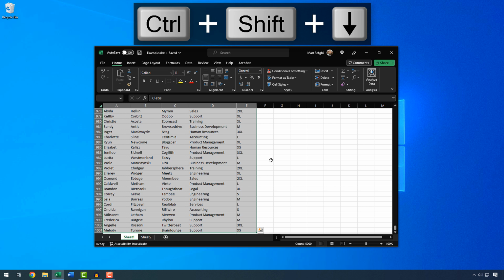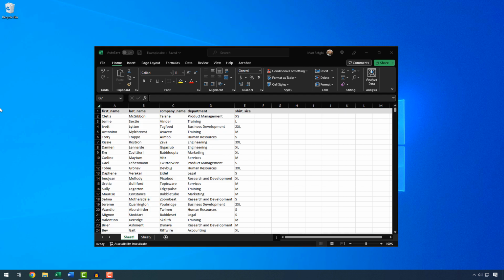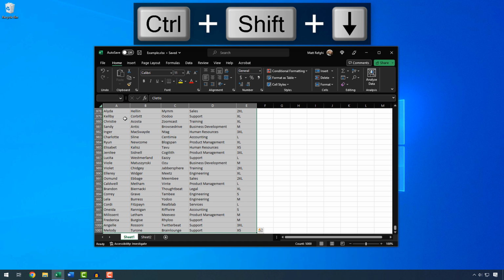So when you get used to this, it's actually a really quick way to select just the cells you want to select. Here it is one more time. Select the first cell, hold shift, press the right arrow key until you've selected them all, hold control, press arrow key down. There you go, they're all selected.